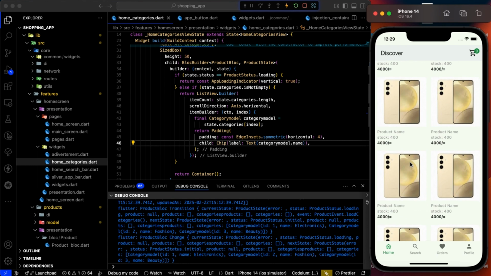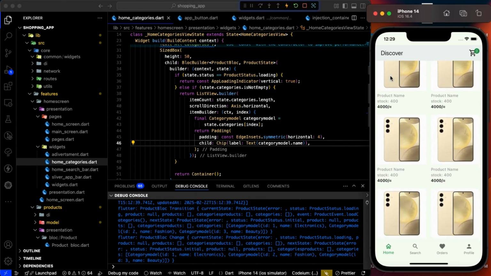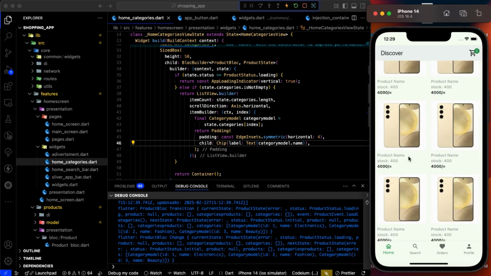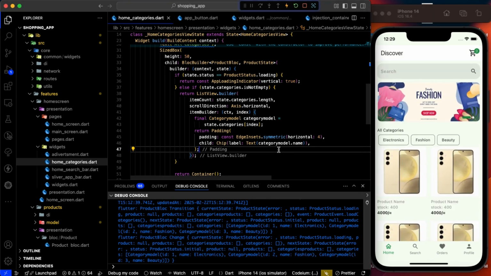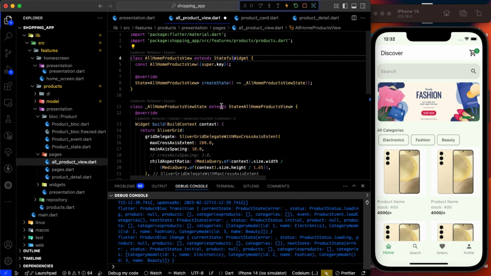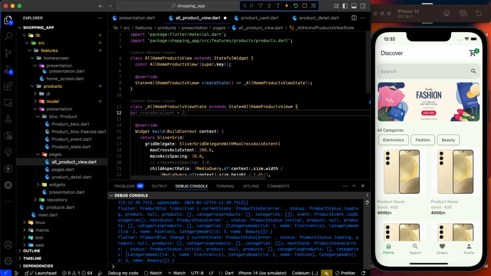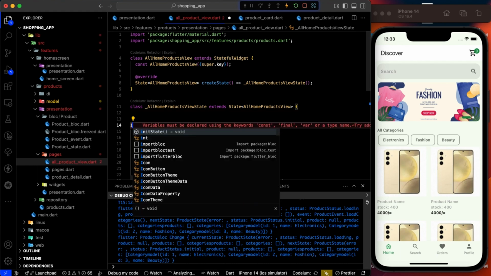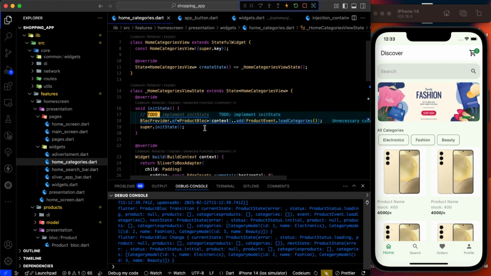So you see, this discover will be on top. That's why we use slivers. It is pinned. Okay, so many products. Now let's get our products also from our database. Okay, so what we need to do also, we need to convert this to a stateful widget so we can have that kind of thing in its state. And going to home categories, I'm just going to copy this, copy it,